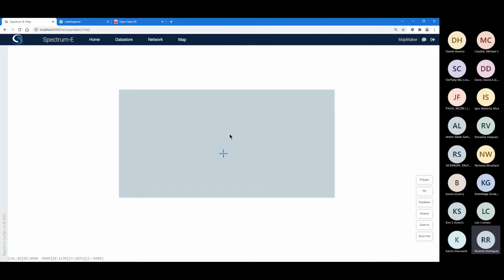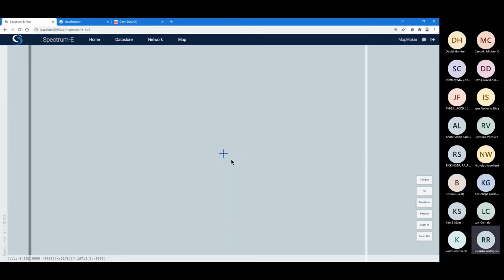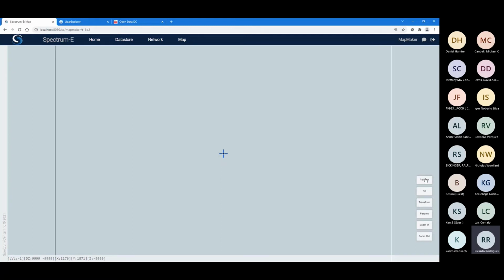And from here, we can view the file. So this is a blank matrix, so it's empty. So there's no information on it besides our area of interest and our coordinates. And we can always modify, we can always add. So you can see here at the right side, I have a polygon tool, fill, transform, and so forth. We'll talk about those functions momentarily. So for right now, I'm going to go back in the data store,